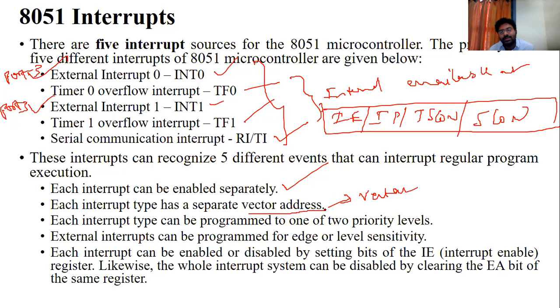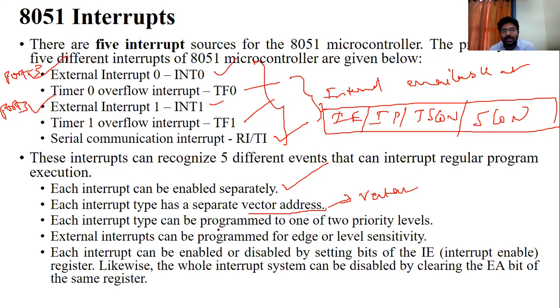Whenever you give the interrupt to the microcontroller or microprocessor, it jumps to the interrupt subroutine, a separate memory location. To jump there, it needs the address. That's why each and every interrupt has one address.